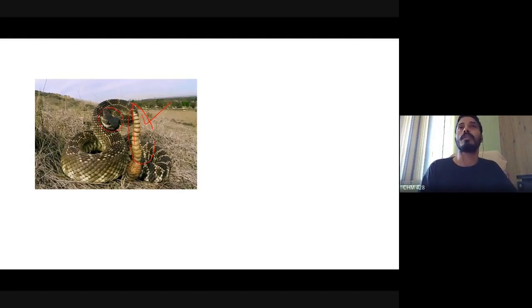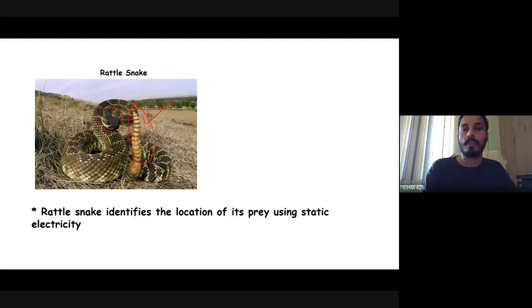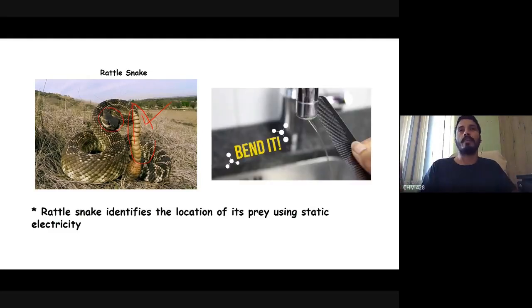And you know that water carries an electric charge. That is why you might have heard about it: water can be bent. For example, if you take a plastic comb and comb your hair repeatedly, and you bring that comb near to the water pipe, it will bend the water. It is well known because water carries an electric charge.